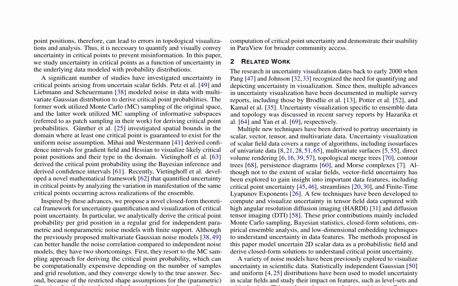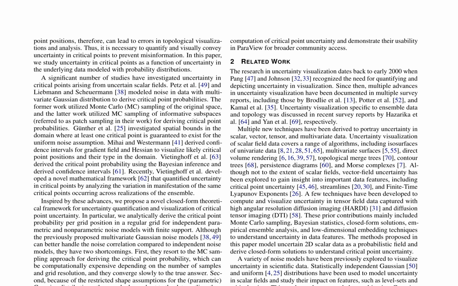However, these approaches have limitations, including the need for Monte Carlo sampling, which can be computationally expensive and converge slowly to the true answer. Additionally, they are less robust to data outliers due to restricted shape assumptions for the Gaussian distributions. This paper addresses these shortcomings by developing a closed-form formulation and algorithm that enhance the efficiency of results compared